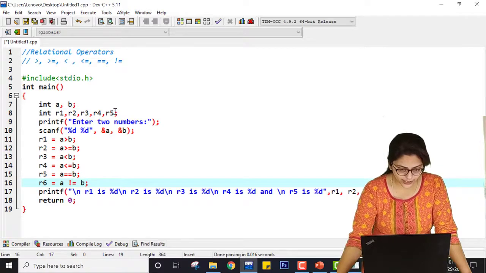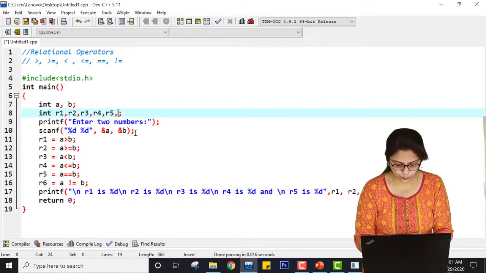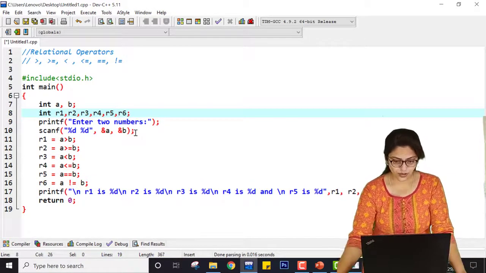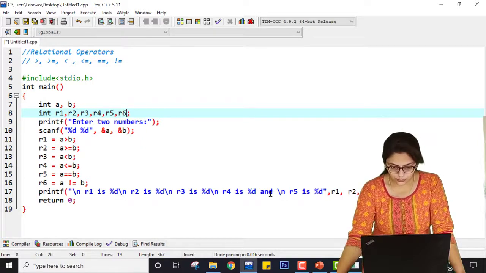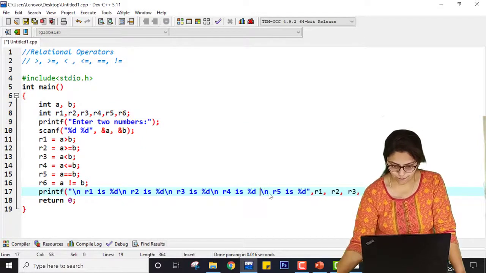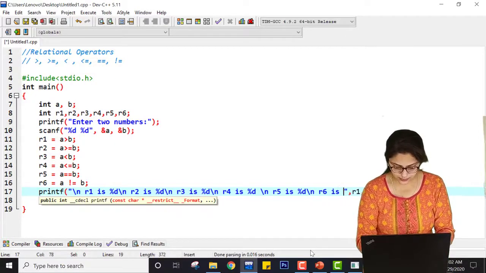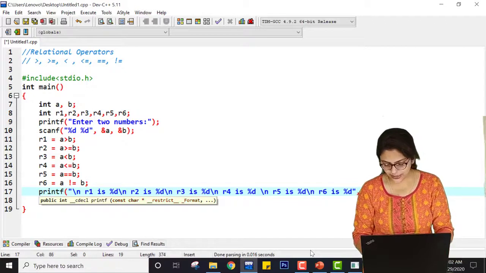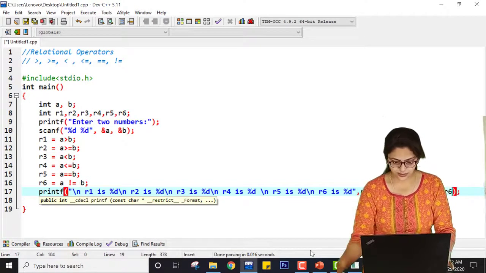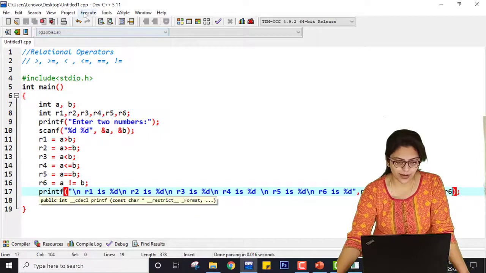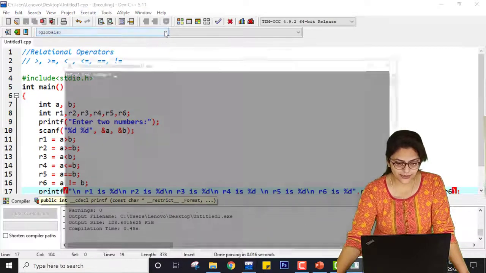And here I have to take R6 as well. Here I also have to add slash n, R6 is percentage d, and here also R6. Let me just save this program and compile it and execute.